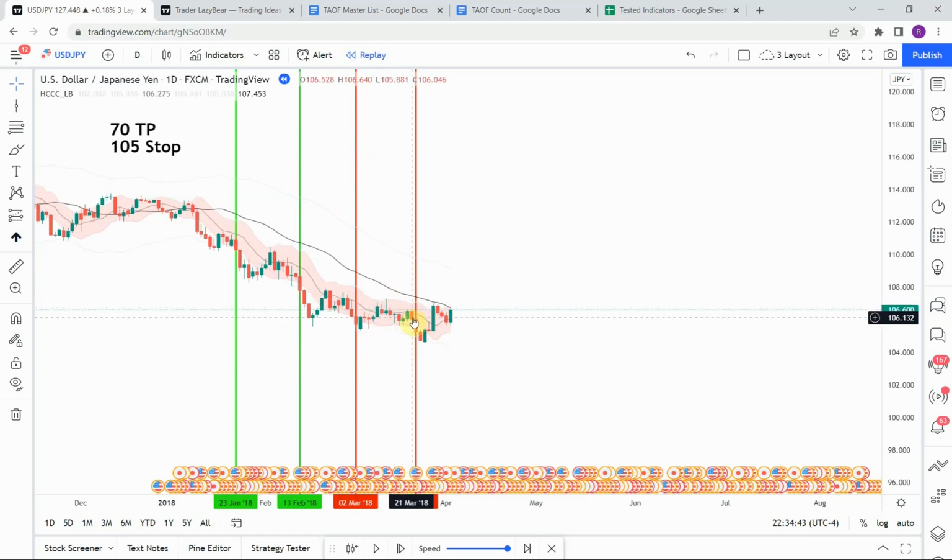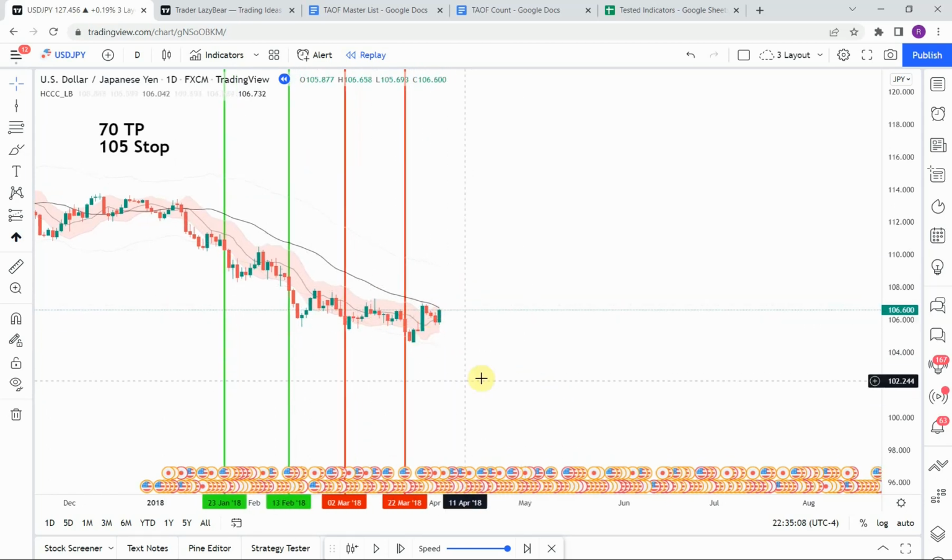Then we move forward a little bit here. We get another drop there to the downside of the red cloud signal right there, and we get a little bit of a push to the downside, but not quite enough to get us to that take profit before we then get a strong pullback once again all the way up to that midline. You can see that kind of losing momentum along the way right there,